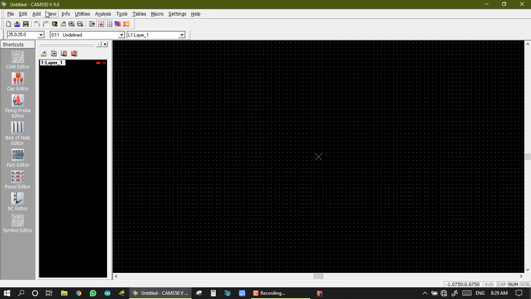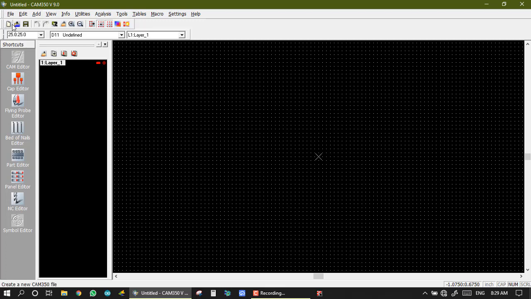To make a netlist, first we import the Gerber of any PCB. If we want a double set, then we import four Gerber layers and one ANSI layer. Here we must take two layers: the top copper layer and top mask layer, that is one, and second is the bottom copper layer and bottom mask layer. We don't require the legend layer, paste layer or any other layer, just two layers, copper and mask. And third is our ANSI layer.